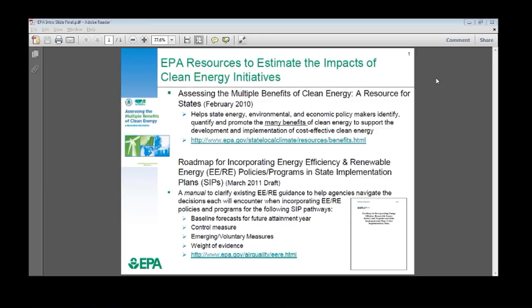The second document on the slide, the roadmap, consists of a main report, and it has a decision hub that can help air agencies navigate the various decisions that you'll need to make for meeting the SIP requirements for 4 distinct SIP pathways. There are 10 appendices that provide much more specific information on a whole range of topics, from how the electric system works to emission quantification methods to detailed information on each pathway.